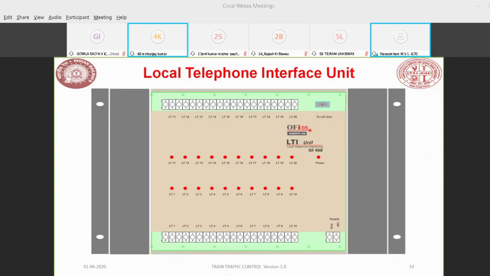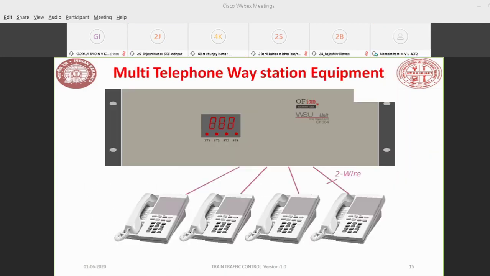So next one is our MTWE. The MTWE has the feature of connecting 4 two-wire telephones. Here you will not have any external selection buttons. You will program this MTWE only through the phone number 1 connected in your STN1 port. It will have 4 terminals, and you will connect 4 phones. So by this way, you can program your MTWE.